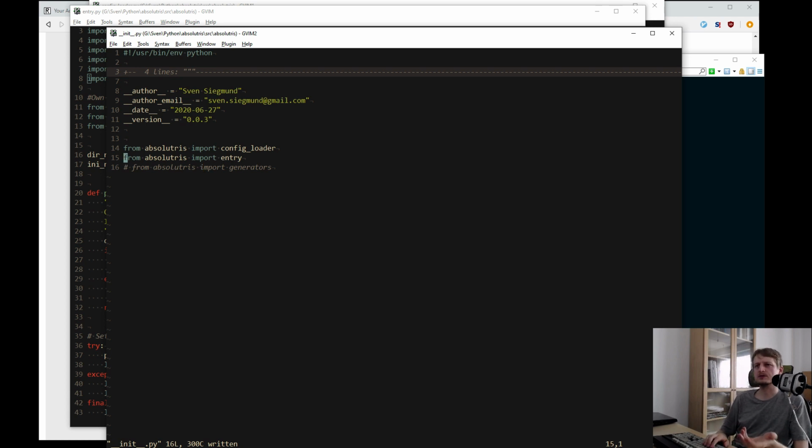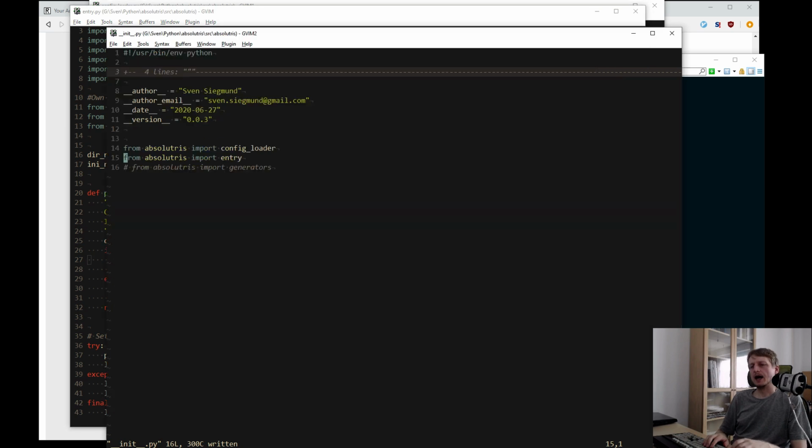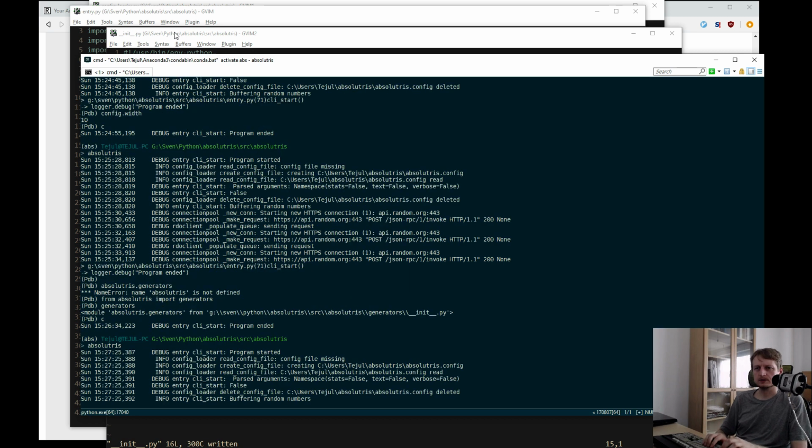But it imports entry. It imports entry, and with it, it imports also generators. Aha, okay, I get it.